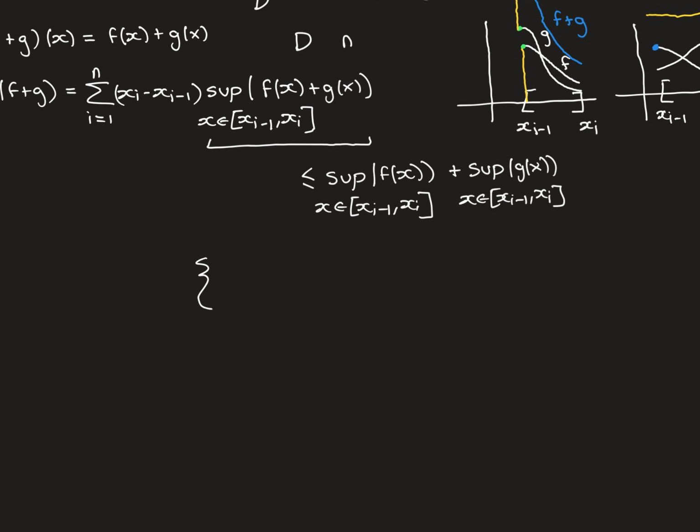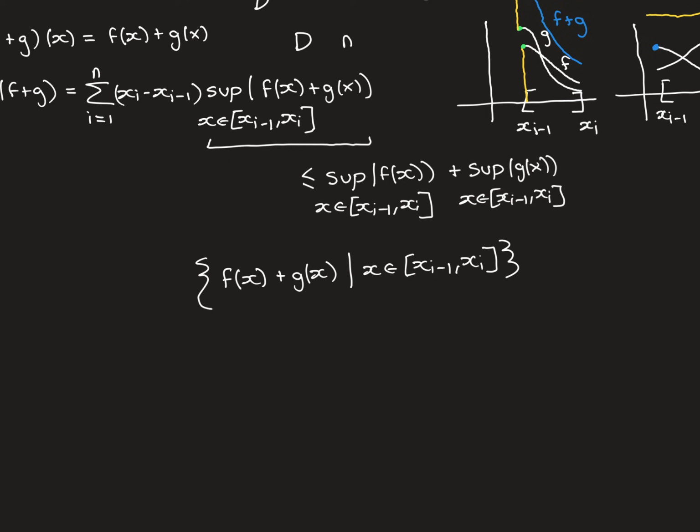So remember, that notation that we're using there is very slick, very nice, but what it really means is the supremum of this set in full. So we take all the values f of x plus g of x, where x varies over this interval, xi minus 1 to xi,